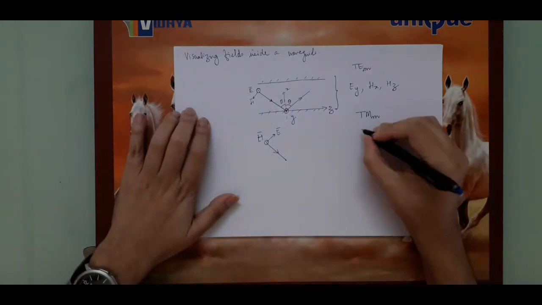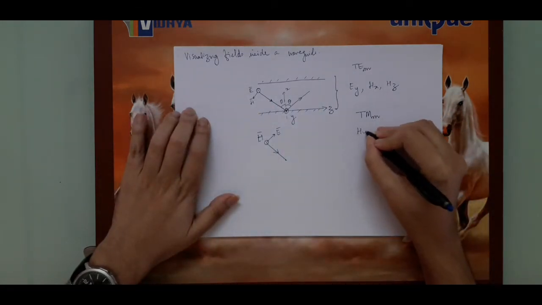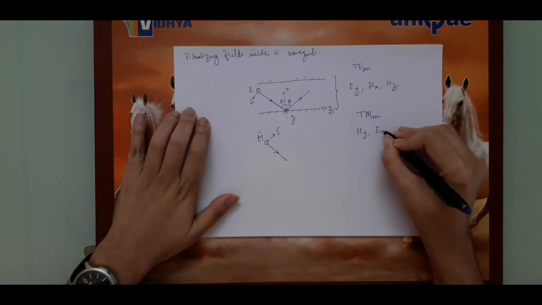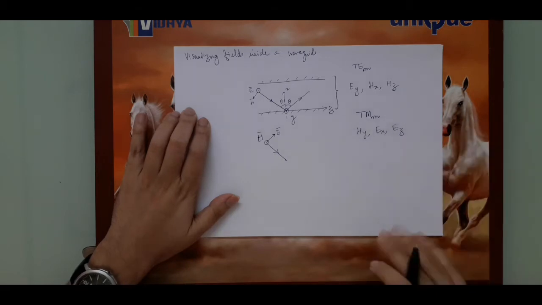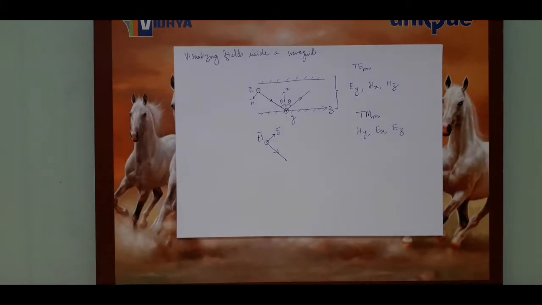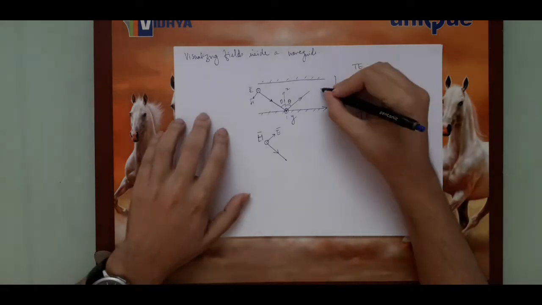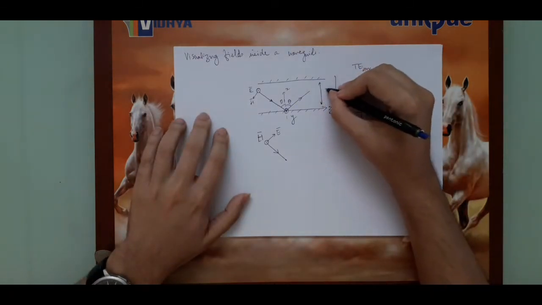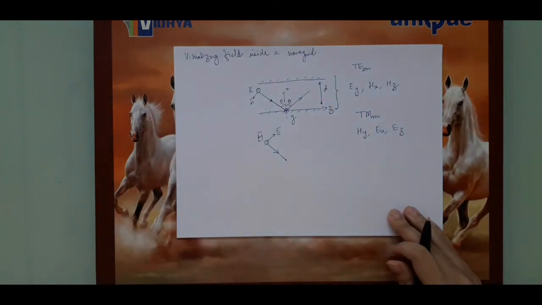So in case of TM, we will have Hy, Ex and Ez. So this is what is there. We have even derived the expressions for both modes a few classes back. So let us say that this distance between the two plates is some d, and